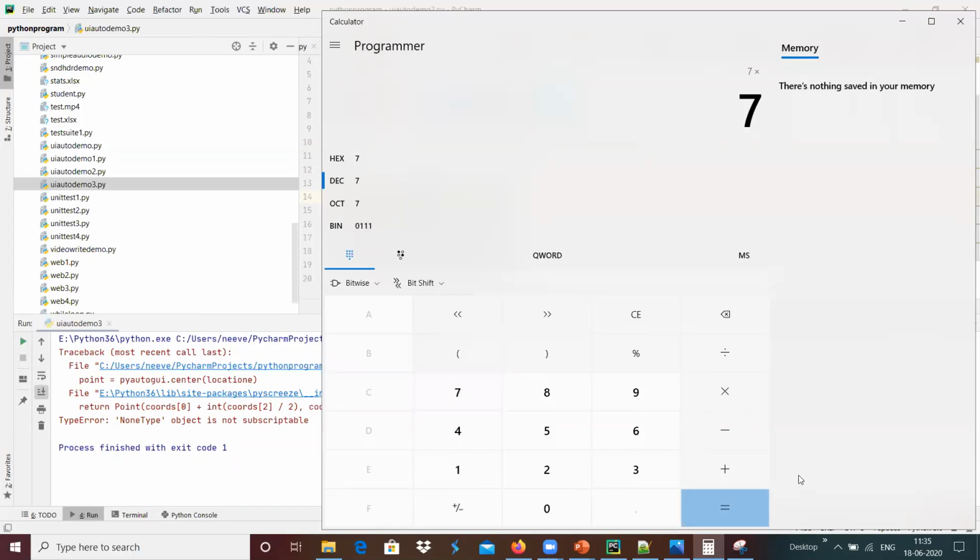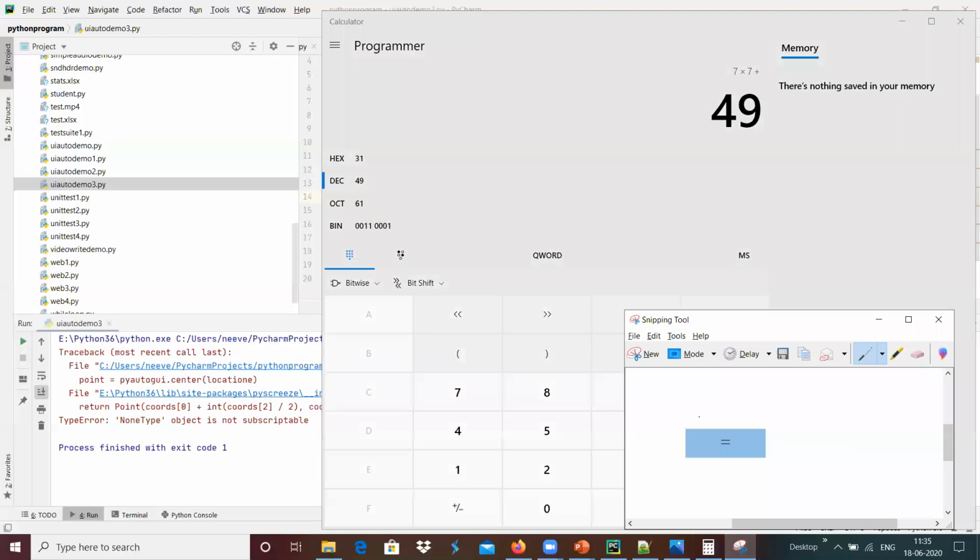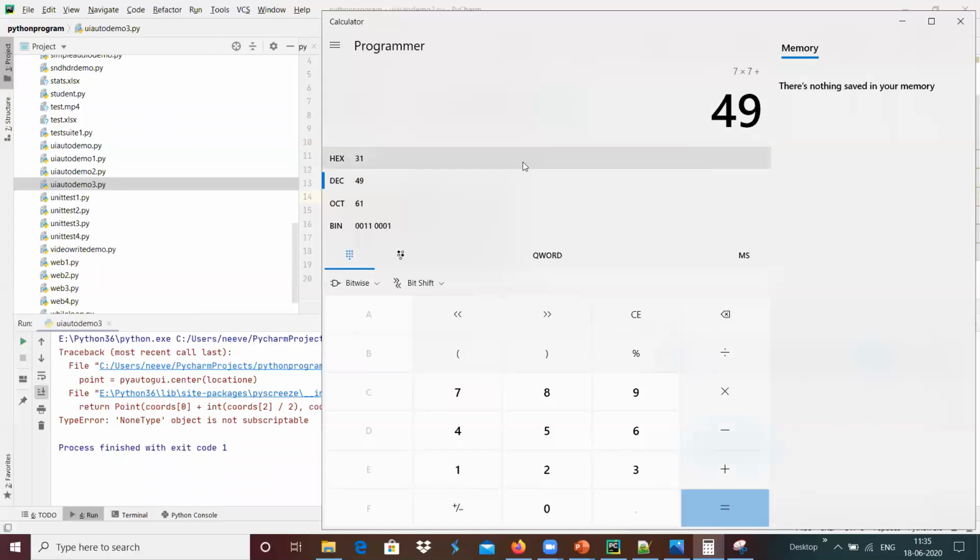And it seems that sometimes equals is detected, sometimes not detected over here. I'm going to run it again.